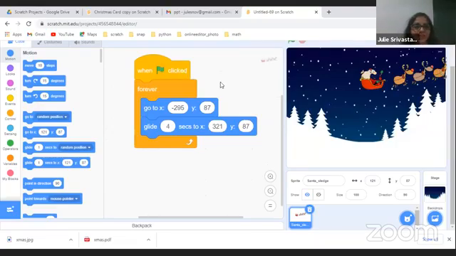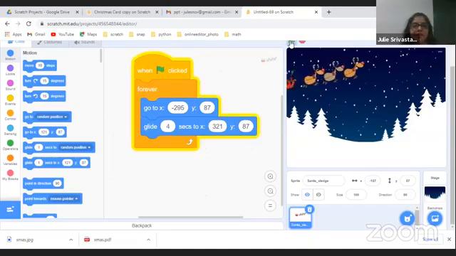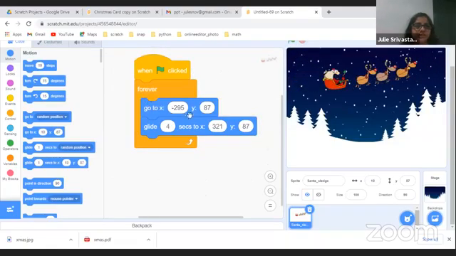And we take a flag click event because only when there's an event, it will do that. So when you click on the flag, it will start moving. So the flag click event is supposed to be given, otherwise it will not work. Please ensure that your values are correct. I'm going to tell you the values again. X is minus 295, Y is 87. In the glide, your X is 321. Y is again 87 for both, and glide is 4 seconds. Has everybody done this? Should I go to the next one? Any questions?